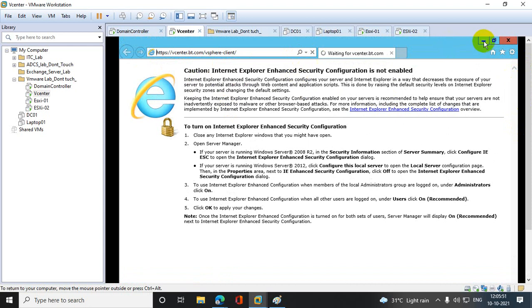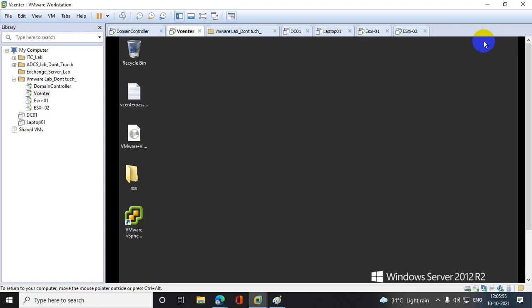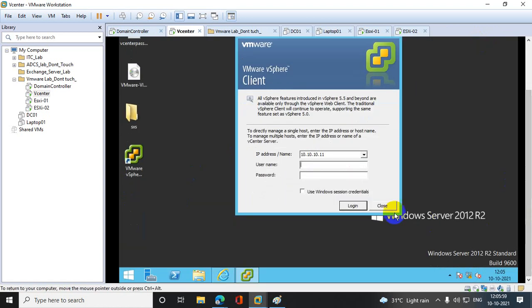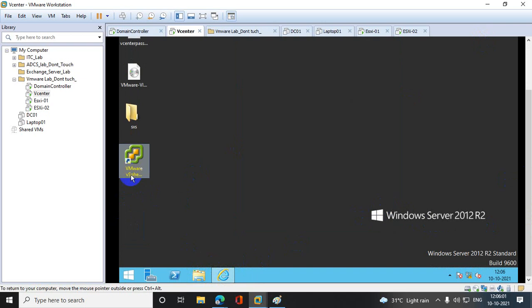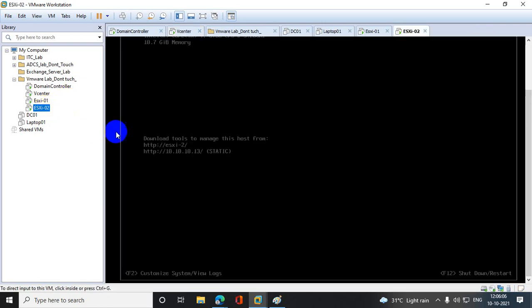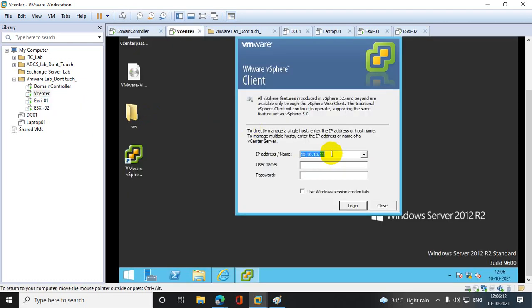Or in that case we can do one thing: we can configure it directly. Let me temporarily connect directly to ESXi, 10.10.10.13.